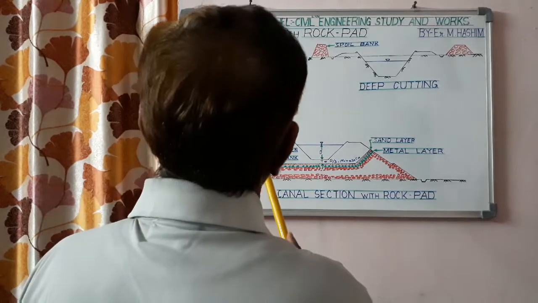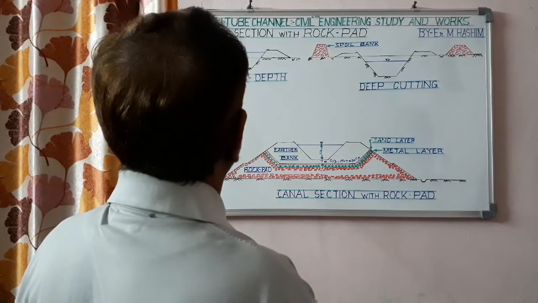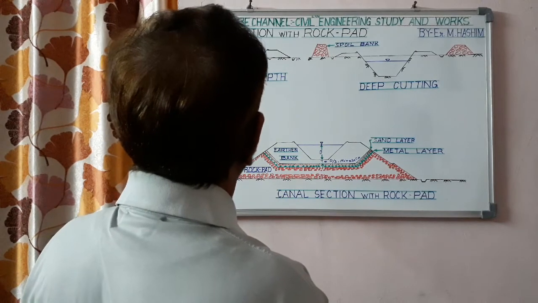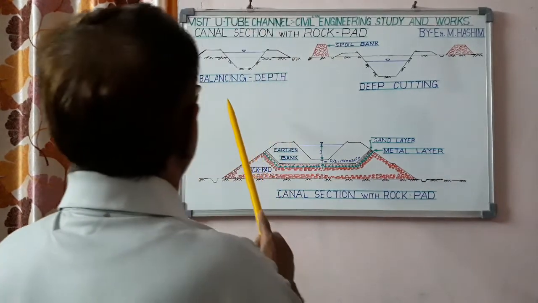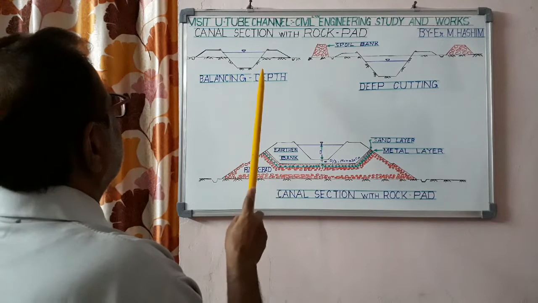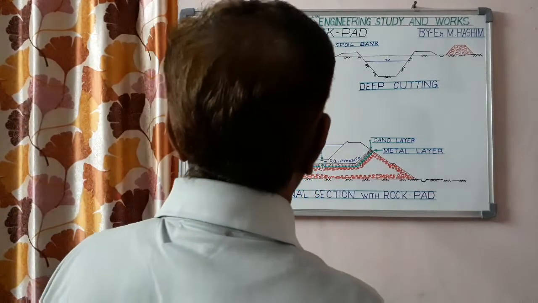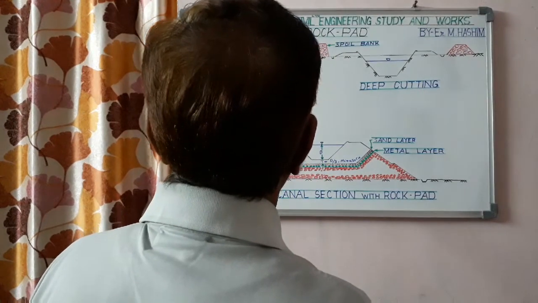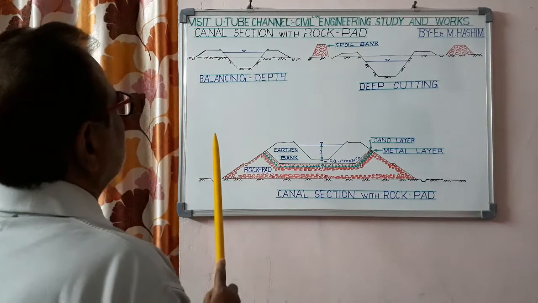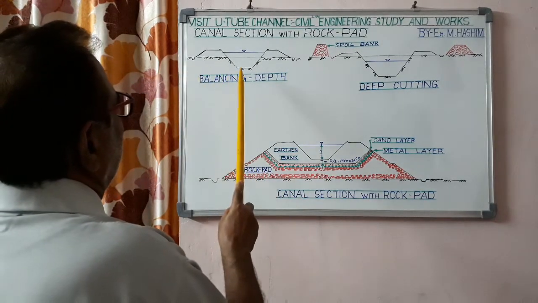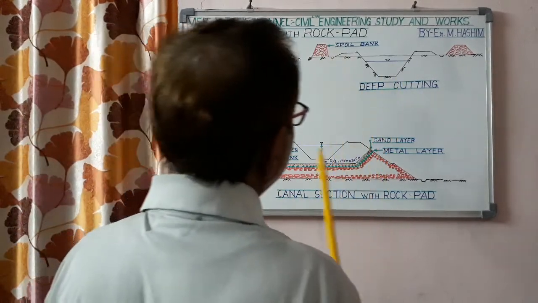But such balancing depth is not available along the alignment because ground is uneven. If we try that the canal should always be in balancing depth section, then the length of the canal will be longer, but that again makes the construction of the canal costly. So somewhere it is